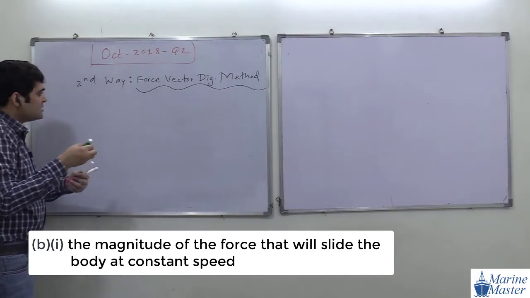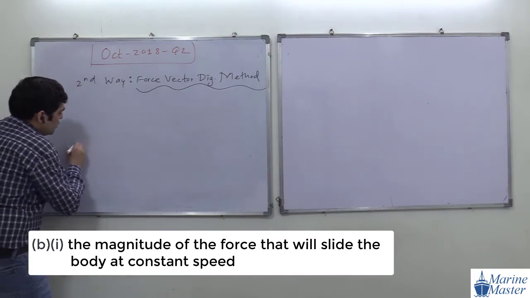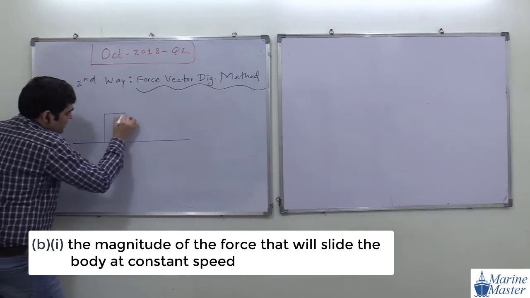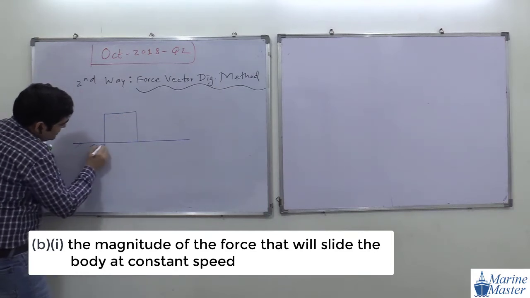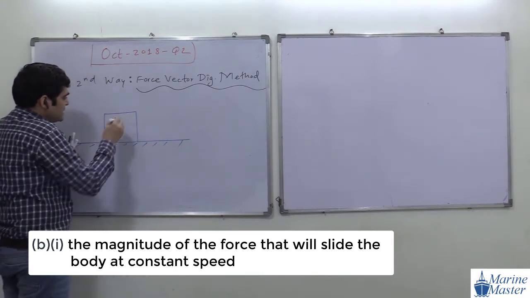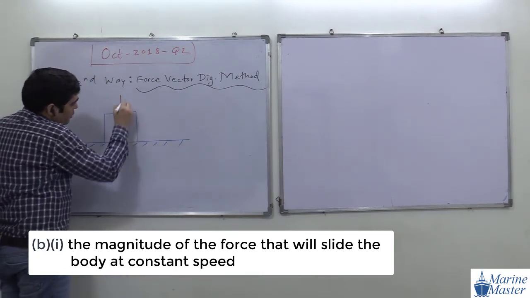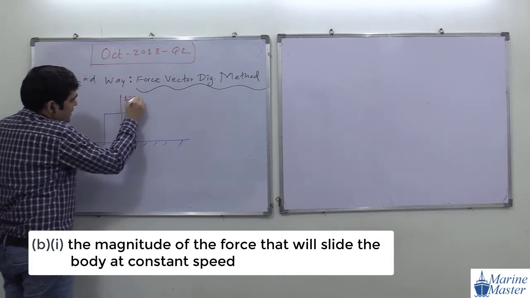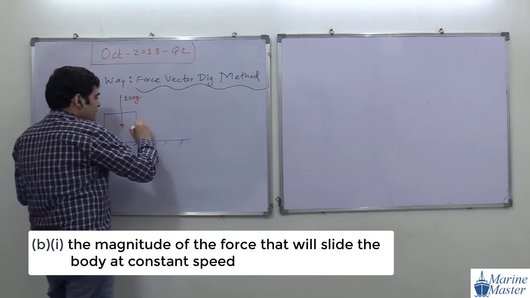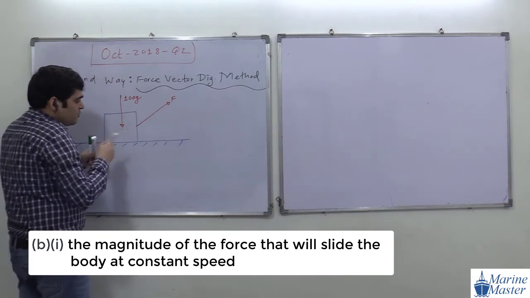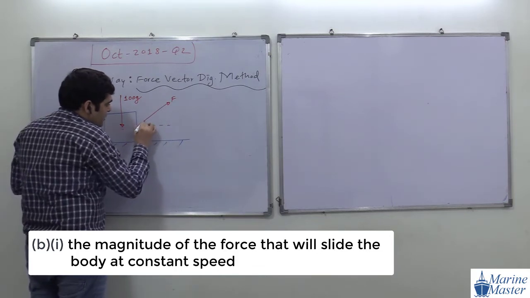But if you observe this diagram carefully, I am going to draw this drawing once again. Everyone, this is our object. This is our horizontal plane. Try to see the scenario here. The weight of the object is 100 G. Here we are applying an inclined force F, making an angle of 45 degrees with